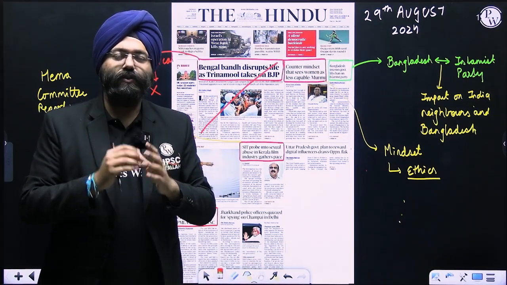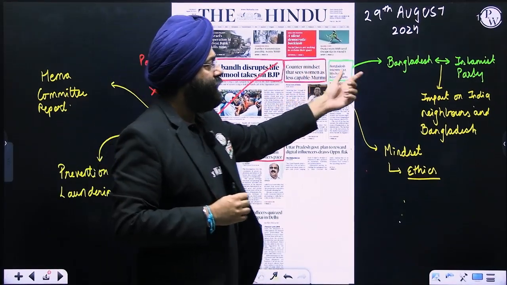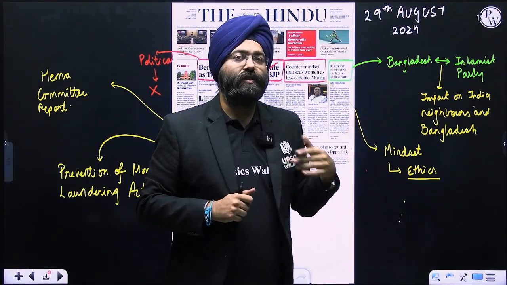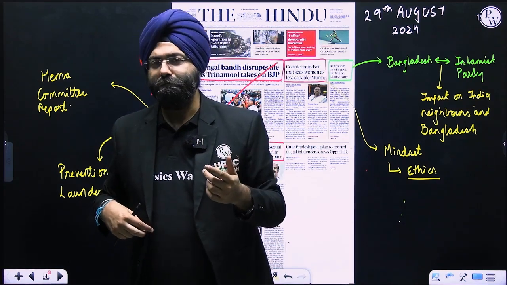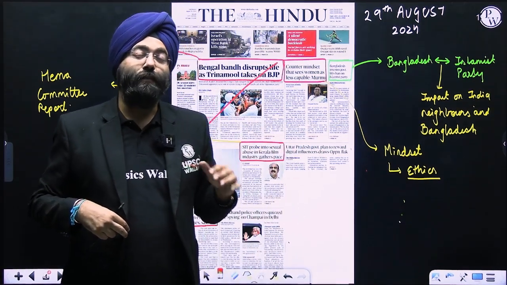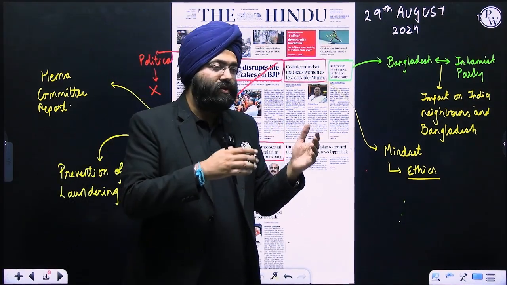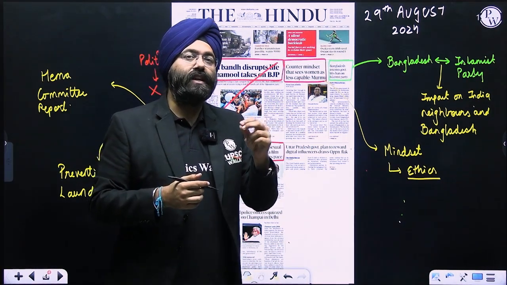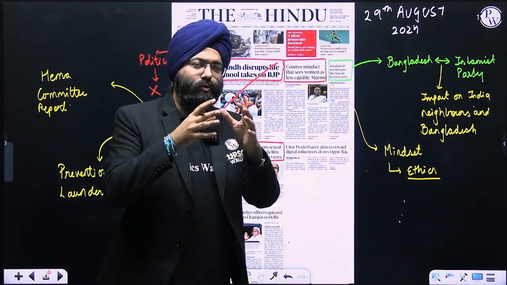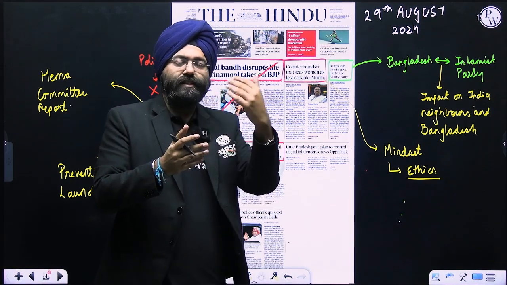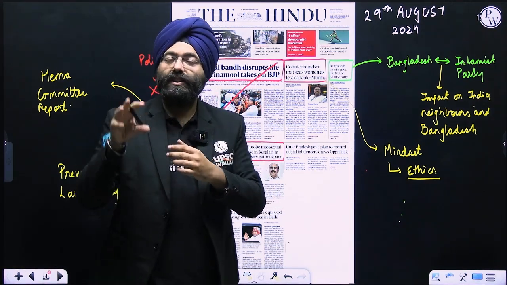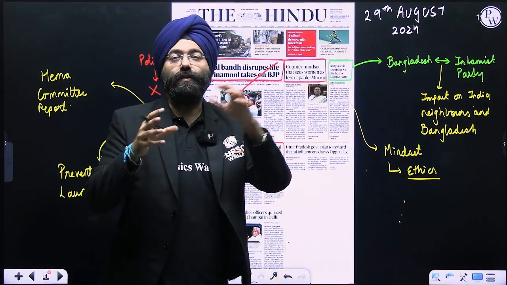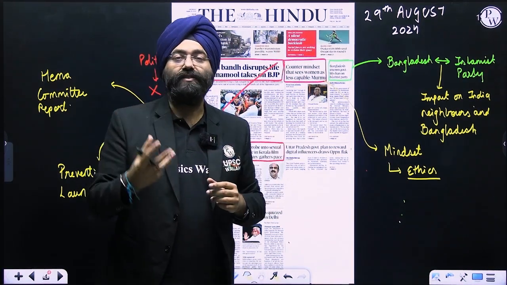This is very important from your understanding: Bangladesh and the Islamic party. You will be realizing that in Sheikh Hasina's scenario, she had very friendly relations with India. The coming up of the Islamist party might create issues with the relations with India, possibly. We have to be aware of the implications, not only with respect to India, but also of the Indian subcontinent and Bangladesh itself. Possibly Bangladesh's relations with the ISI of Pakistan will improve, and that will create a problematic situation for India.